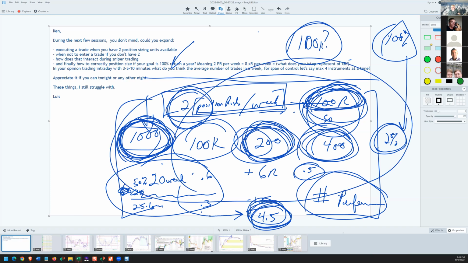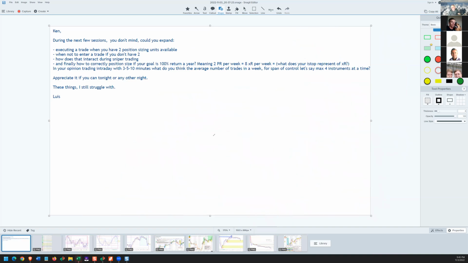then work backwards into actual performance numbers, and then you can have a realistic production schedule on what your system will do. If you're not getting enough opportunities, then you've got to look to find ways to either automate or expand your opportunities or change your time frame, increase your span of control, or hire an assistant. All of those things are much better use of your time as you're trying to establish what your system will achieve, in my opinion. I think you should be focusing on improving your system,